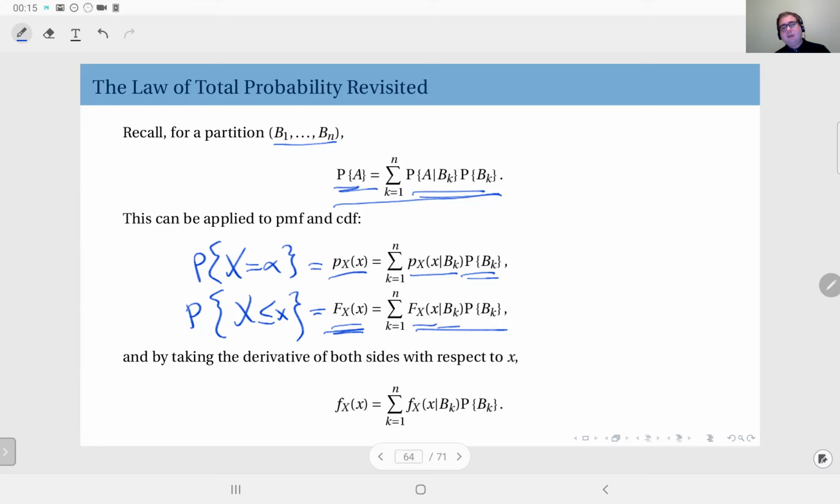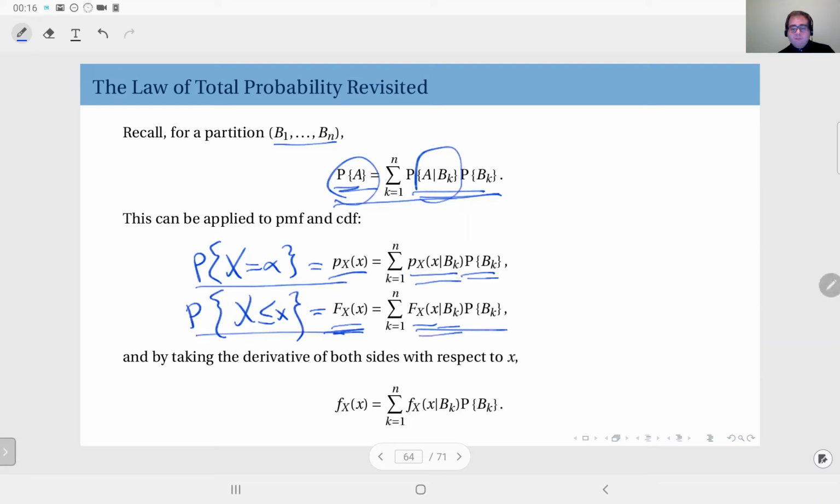As we have seen earlier, this is useful when you cannot write the PMF or CDF directly, or this probability directly, but it is easier to write when you condition it on a certain partition of the sample space. It's the same with these distributions. Sometimes writing the distribution outright may not be straightforward, but it might be easier when you condition it on some